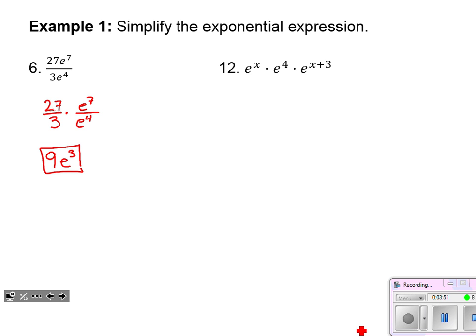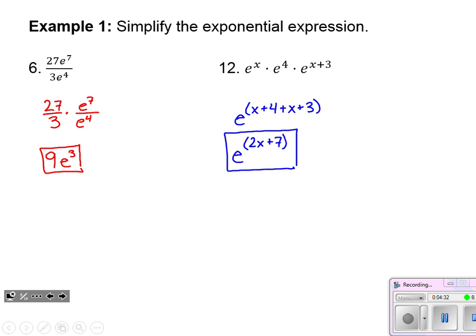So there's our simplified expression. And notice there's no x value there, so we could actually type that into a calculator. The calculator has an e key on it, and we could type that in and get a value for it, since e is a number. For number 12 over here, now I'm multiplying all of these terms that have a base of e together, but they have different exponents. So remember that property that says I can show that as the sum of those exponents. And when we combine like terms in that exponential expression, we get 2x plus 7. And we can't simplify it from there, but we have used our properties to make it much simpler to work with.